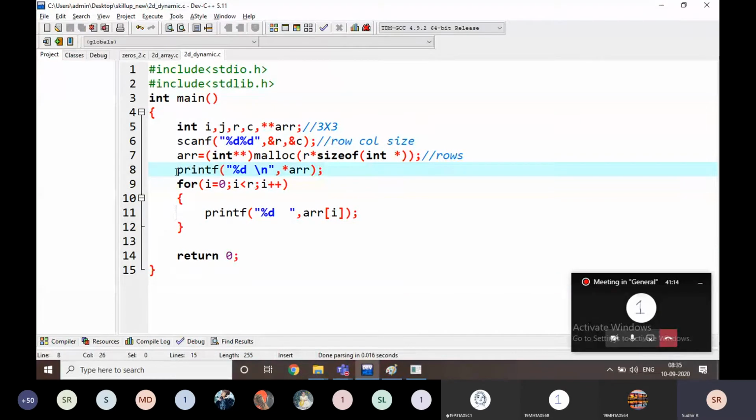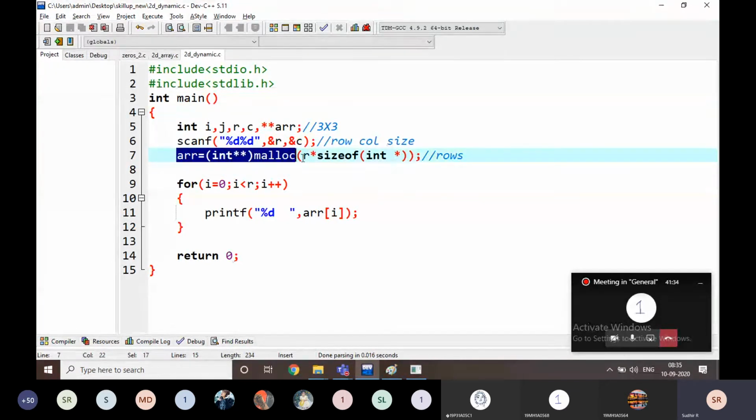Is it clear, everyone? What does a 2 by 2 array mean? A 2 by 2 array means it is going to store the addresses of rows, that means multiple single dimension arrays. Then now I am going to allocate using this one. What am I doing here? I am allocating how many rows of that array, right?